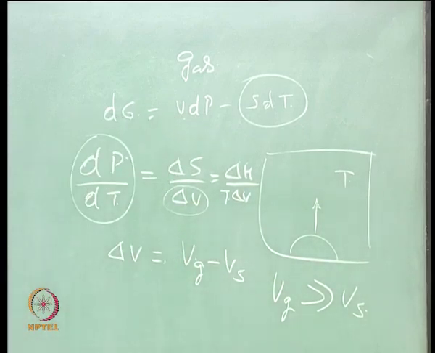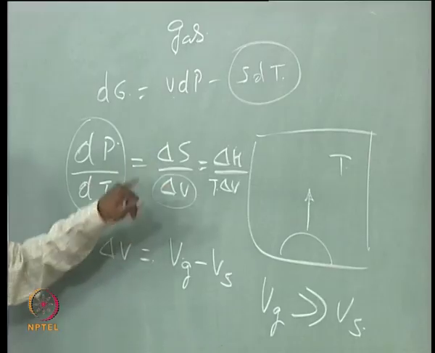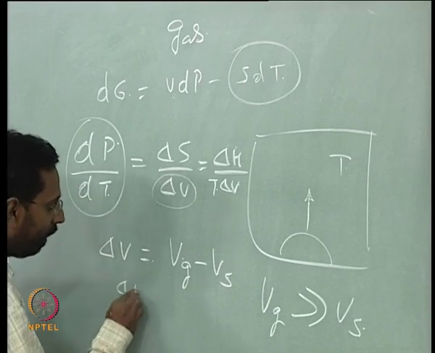It depends on which direction you want to look at it. You can look at it this way or that way, then both of them become negative, and both will get cancelled. So, when we assume that this is much larger than this, we can write delta V